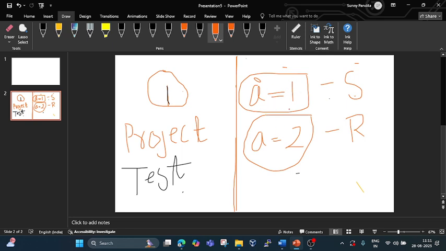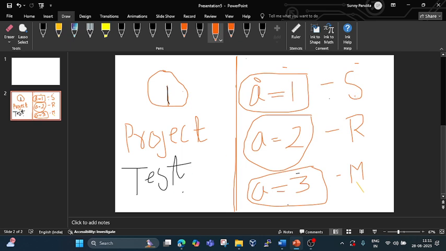We cannot check the difference, like what change has been done by Sunny previously. Now there is one more guy who did the change a equal to 3, and this change was done by another team member whose name is Mohit. So Mohit did this change, and he doesn't know what change has been done previously by Rohit or by Sunny. There is no record, there is no track.